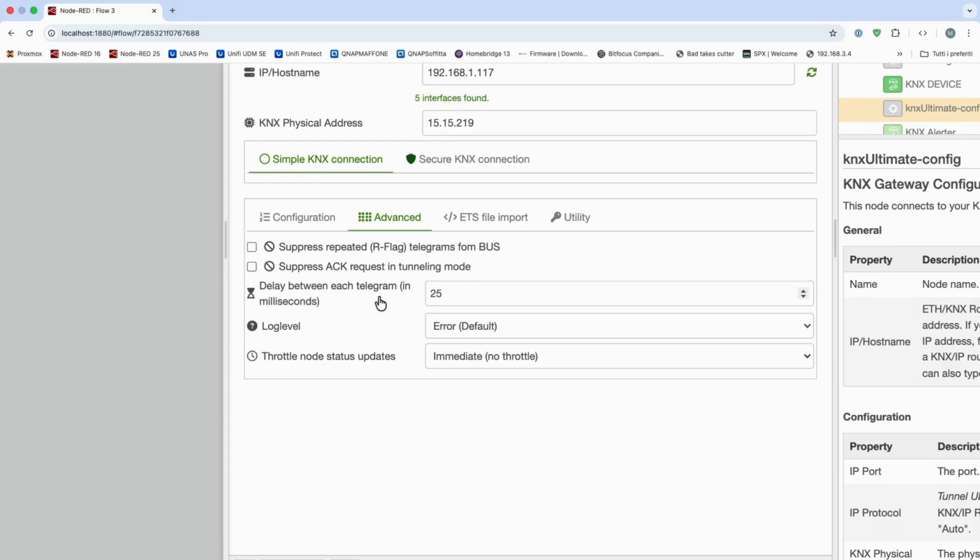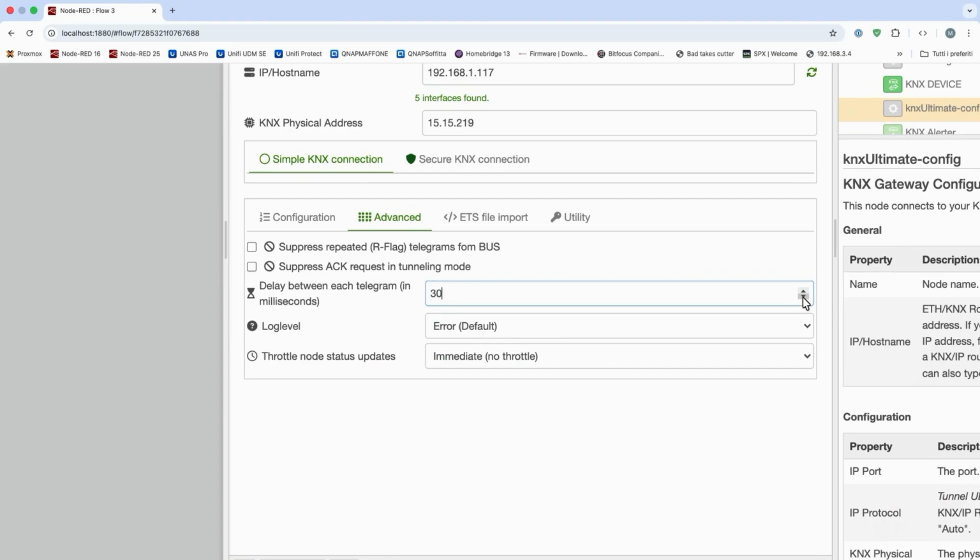The delay between each telegram is usually 25 milliseconds. You can add more delay between each telegram if needed by your Ethernet interface or by your LAN setup.